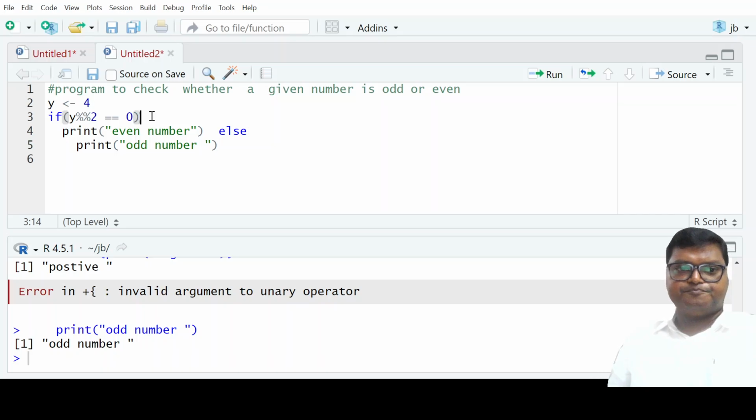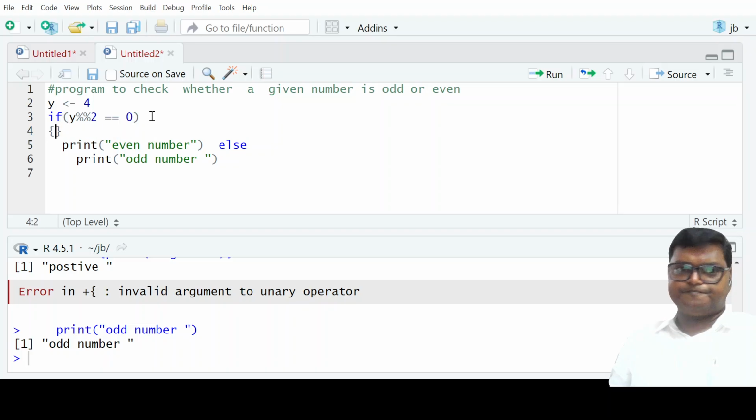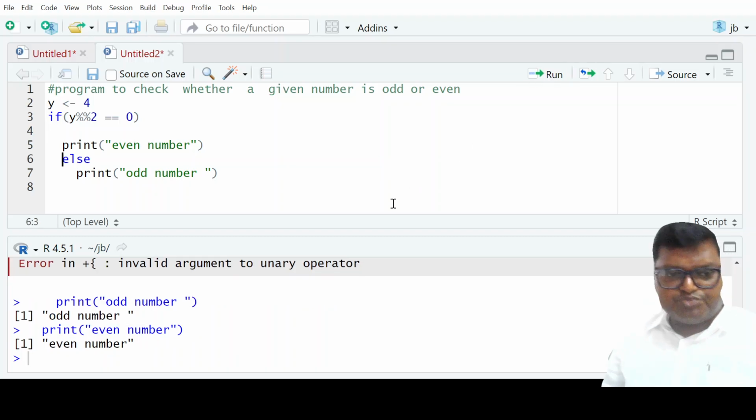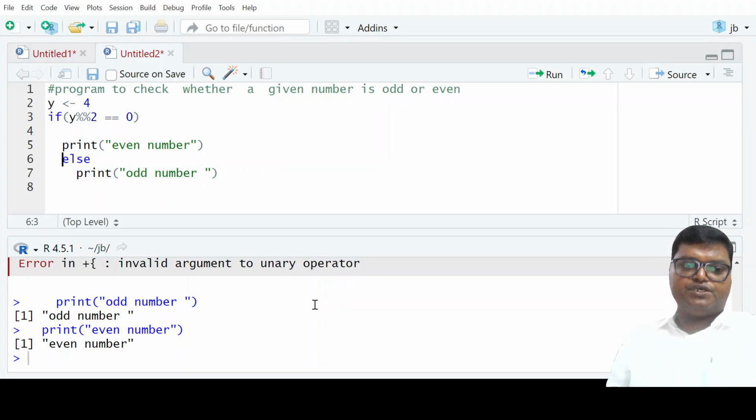Let us keep brackets. That is because we have done it in the console earlier. We had to write this after this in the console, in the program. This is an even number. For example, if I give 5, then obviously